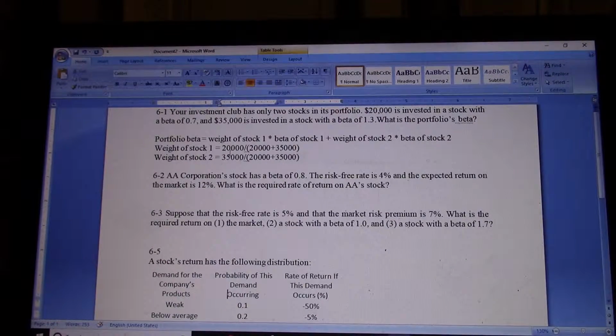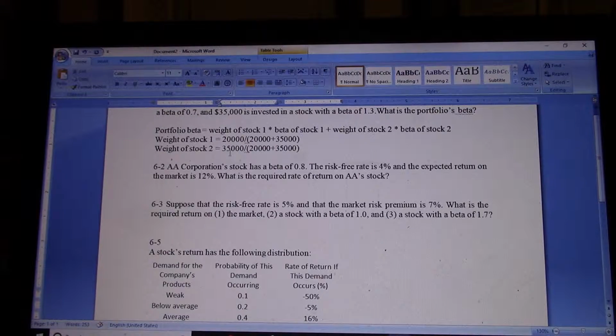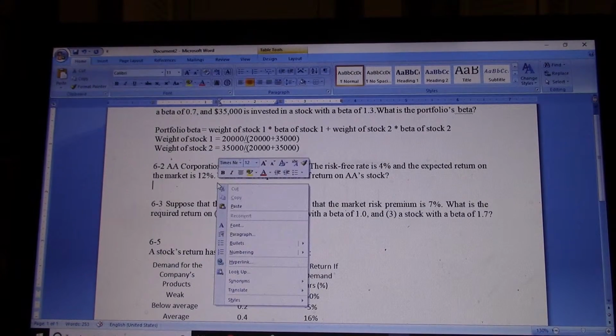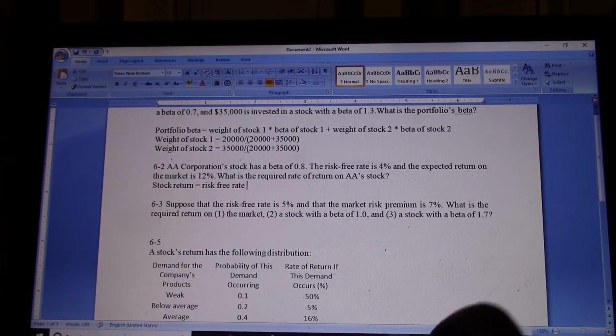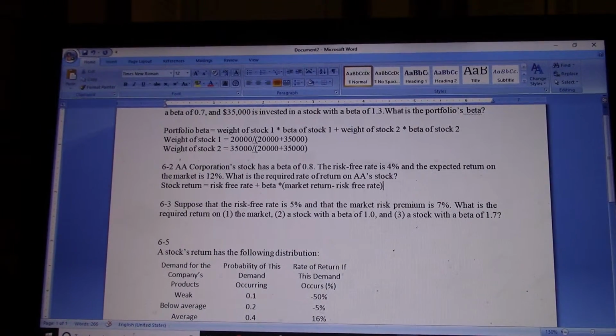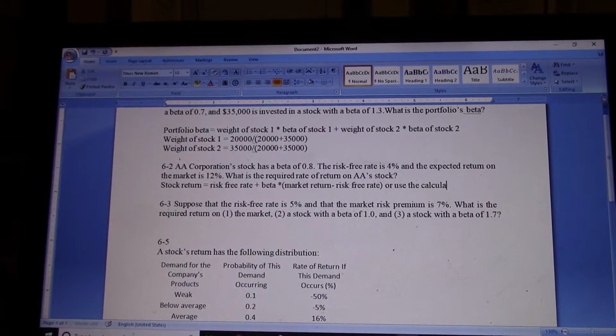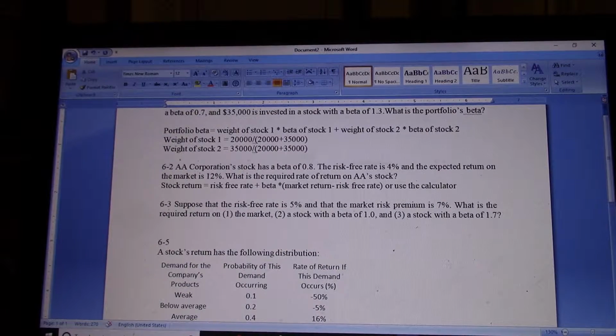The second one is asking you for the return of stock A. So you know everything is given here. The equation we know: stock return should equal the risk-free rate plus beta times the market return minus the risk-free rate. So you can plug in the numbers. You can also use the calculator. Plug in the numbers so you can get a number. Okay, so the third one,